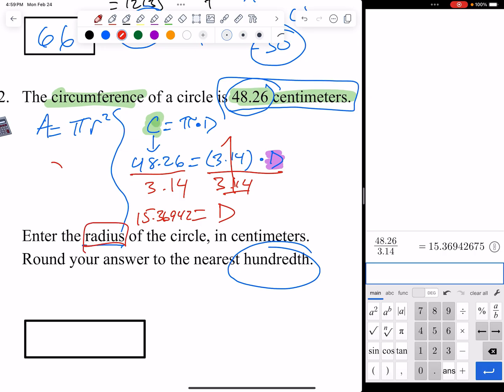So remember that in a circle, the diameter is from one end to the other and it goes through the center. Well, to find the radius, I have to cut the diameter in half. So I'm going to get this piece and this piece from the center to the edge. So in other words, the diameter is twice the radius. So if my diameter is